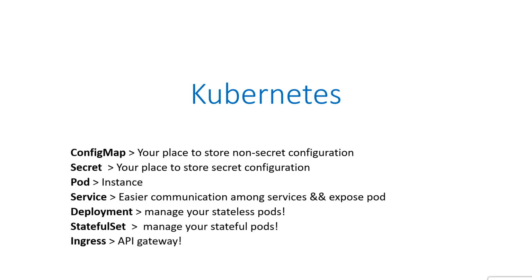Services, what is a service? So taking the example of pods, when you scale your application, or if something went wrong within your applications or pods, they get destroyed and then new pods get created. And when that happens, the IP address changes. So if your microservices are communicating among each other, that will cause a lot of problems. And this is where creating a service for these pods comes in, because it will create some sort of a domain name that will ease the communication between these microservices, and